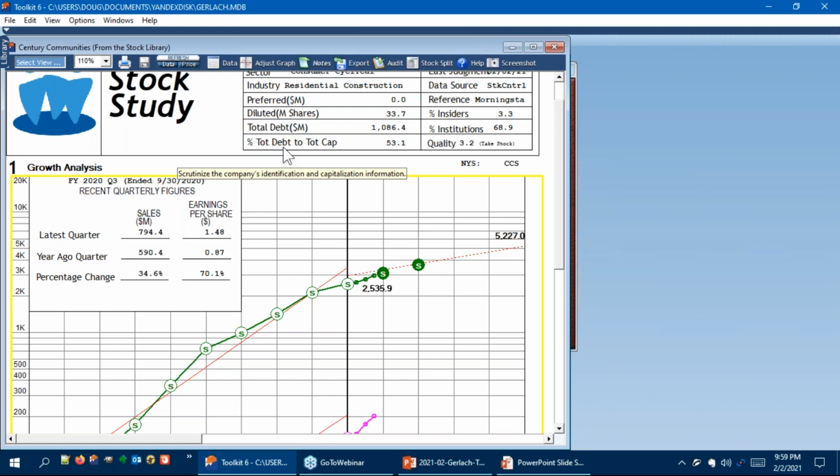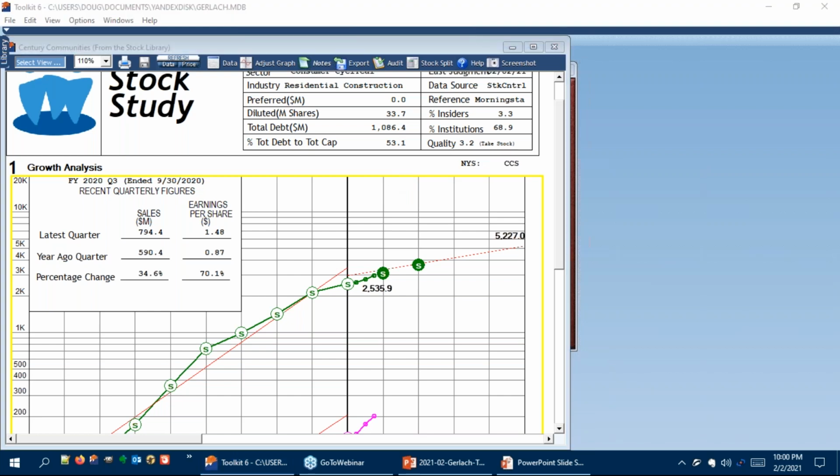That is one downside of this method. Here we are in February, and we're still looking at data as of September. Four months have happened since then. A lot could have happened that we're not seeing on the stock selection guide. So that's a very good thing to keep in mind as you are looking at companies like this.